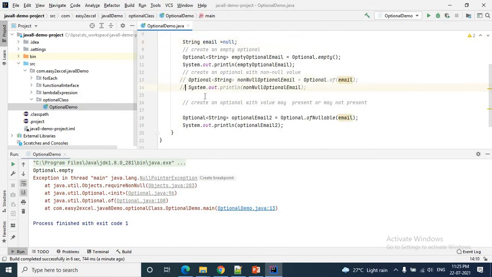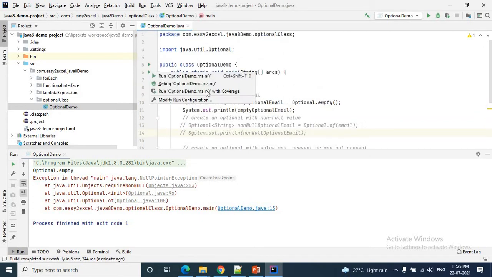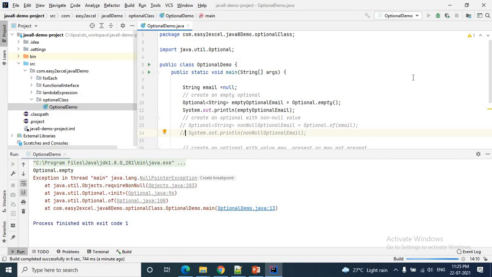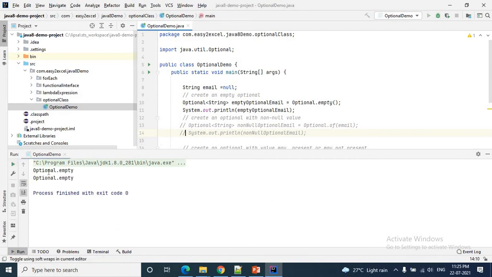Let me comment out these two and let me run the application again to check the ofNullable functionality, whether it will throw us the error or not. Let me run the application. Okay, see, the first empty optional is created, this is executed. Then again it returns Optional.empty.